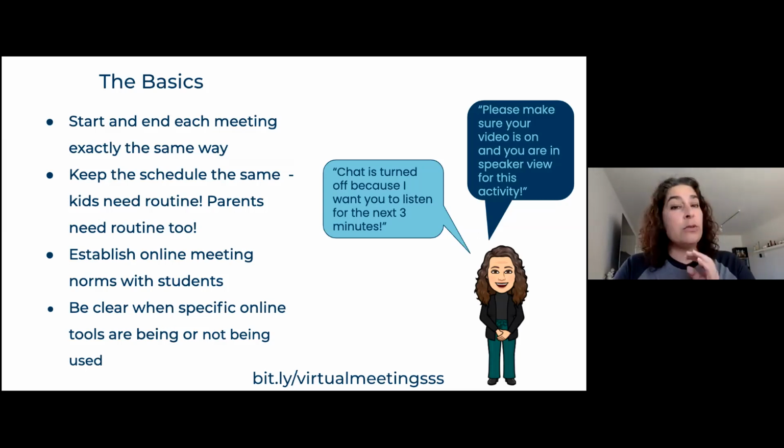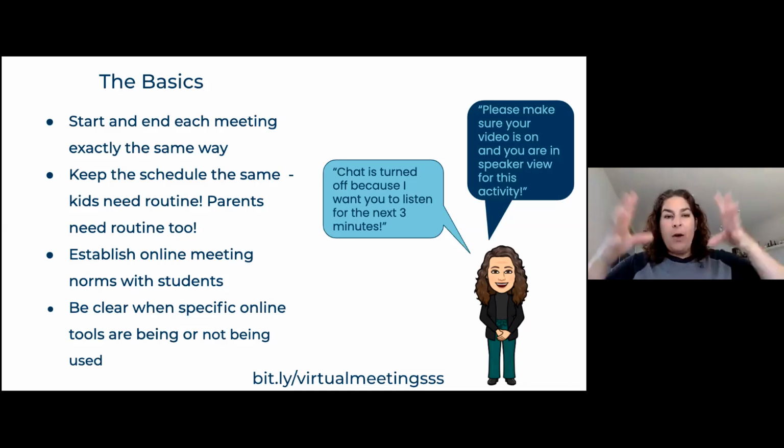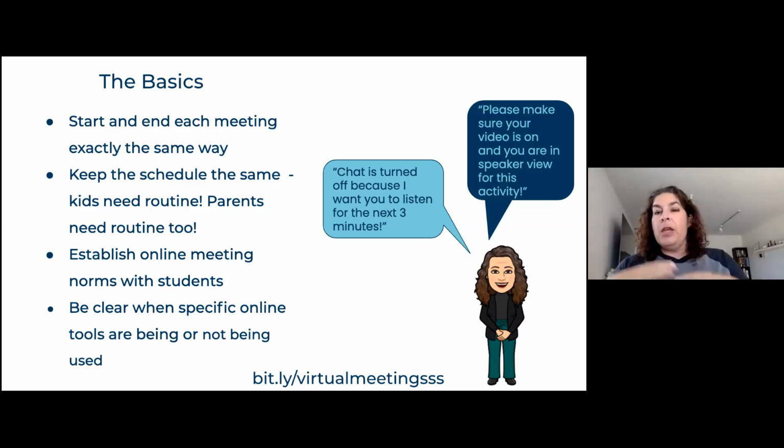So you know you're going to have a little activity to move your body before you come into the meeting. And then Rebecca might have all of the students come in through the waiting room one at a time, or she might admit all the students at the same time. You can think about how you have them enter the classroom to set that expectation.